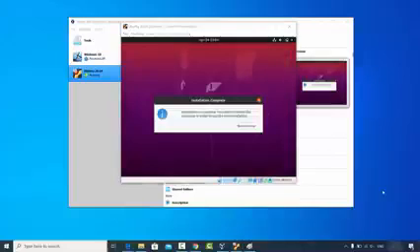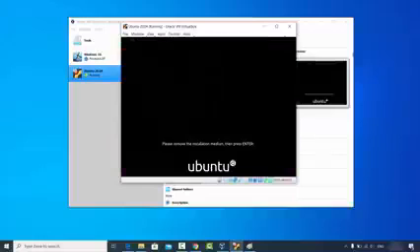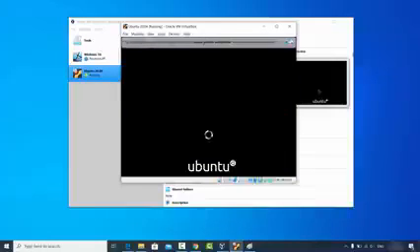And after some time you will see this kind of window which says installation is complete. You need to restart the computer in order to use the new installation. So I'm going to just click on the restart now button. And at this point it says please remove the installation medium, then press enter. So I'm going to just press enter here, and now I can see the Ubuntu operating system is starting, and